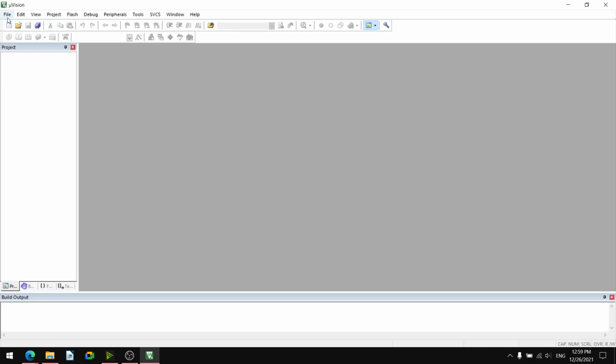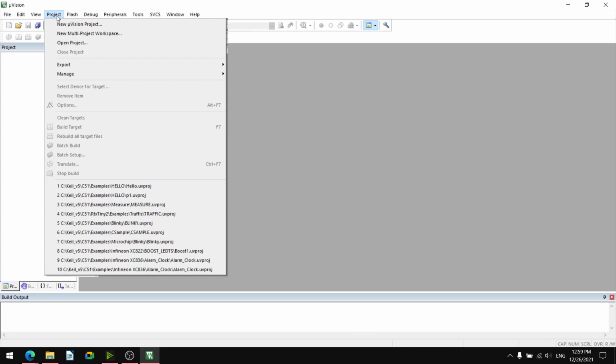So this is the file menu, edit menu, view menu, project menu. In the project menu, if you click it, there are New Microvision Project and Open Project options. If an already prepared project is there, we can open that project.